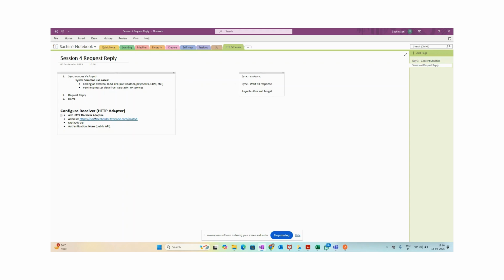The reason is the palette. This is called a palette, one of the palettes. For example, content modifier is also one of the palette functions in cloud integration. So similarly, we have a palette function called request reply. This request reply is a palette function which is used to design the interface synchronously. Okay, so let's look at